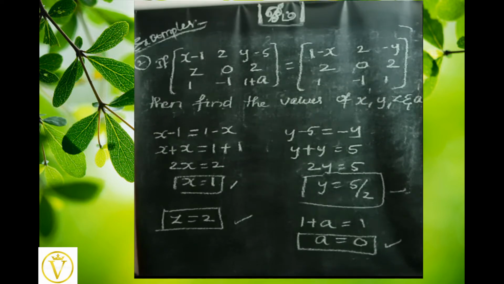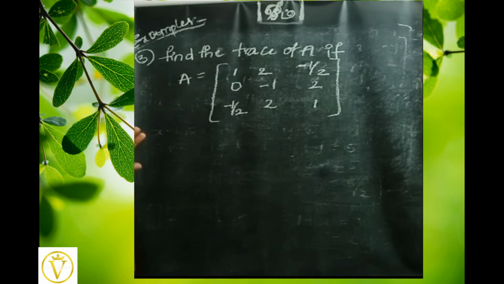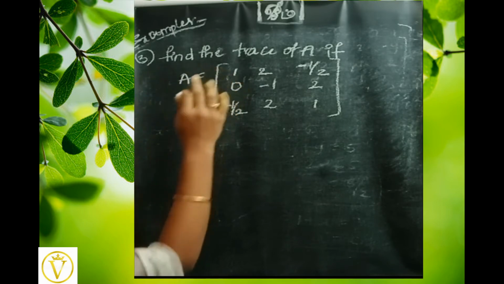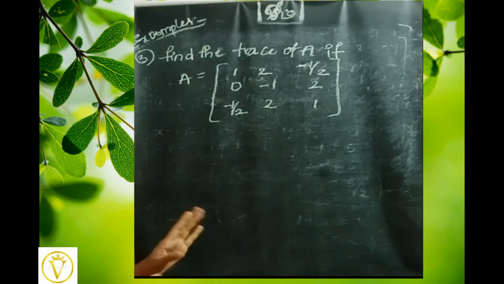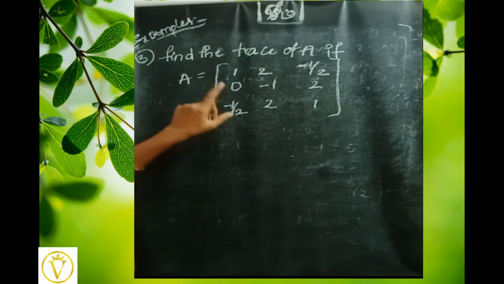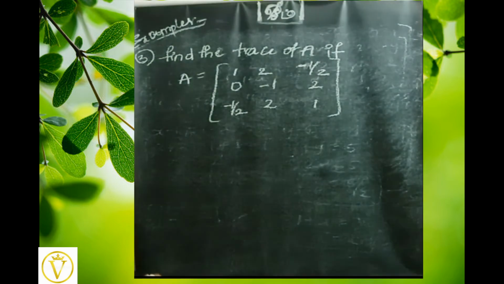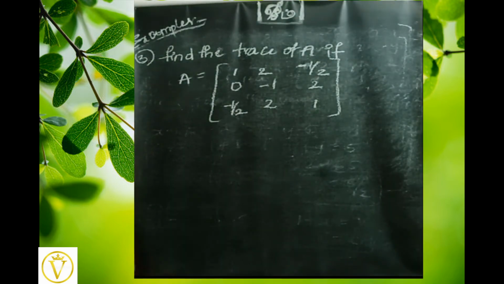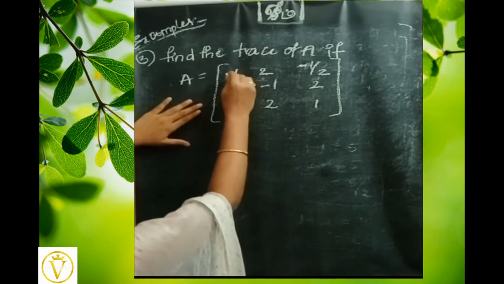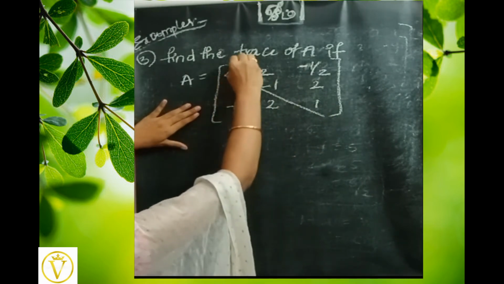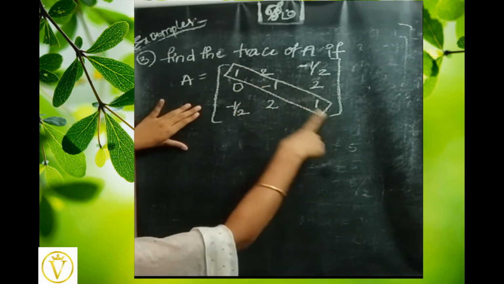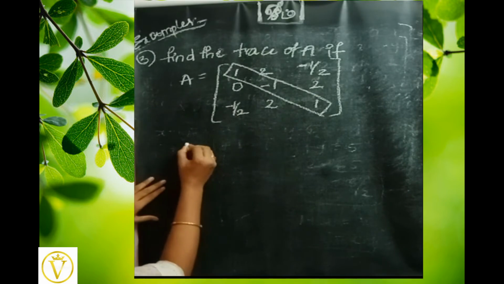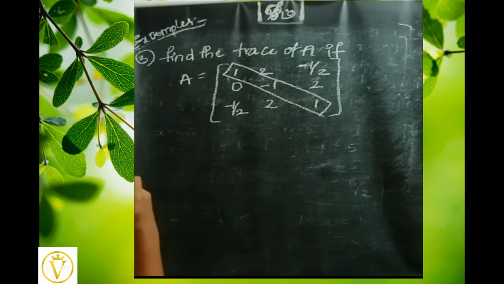That's it. Next, find the trace of A if they have given one matrix. What is meant by trace? We have to add the diagonals, that is, the principal diagonal. In the earlier section we learned the definition of the trace of a matrix. Now what does the diagonal mean here? This principal diagonal, from the 1, 1, 2, 2, 3, 3 positions. So what we have to do is add, that means sum.